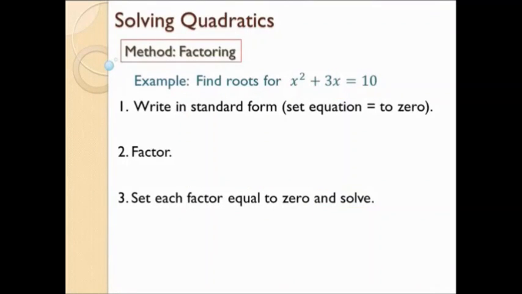Let's solve quadratics using the factoring method. Okay, so the example I'm going to work through is I want to find the roots for x squared plus 3x equals 10. So let's just go back and review a little bit that